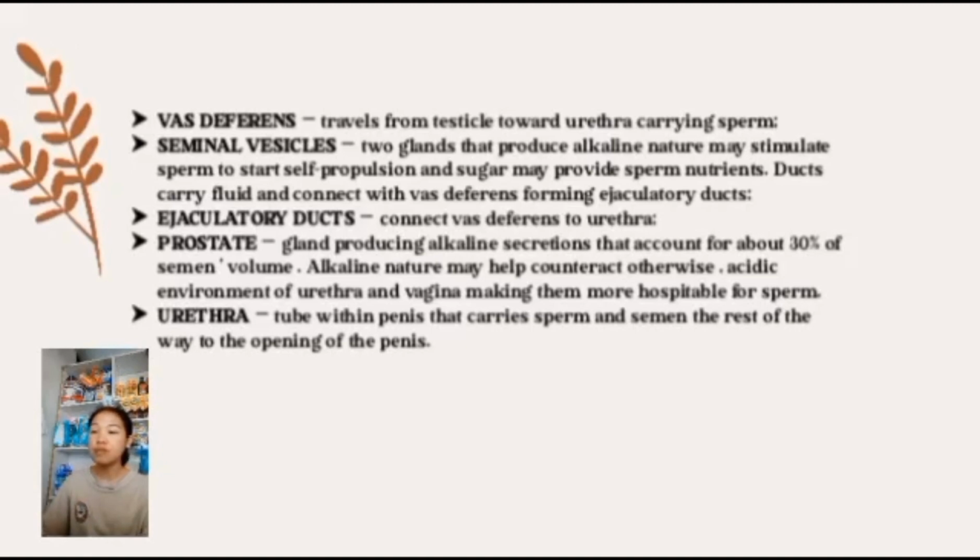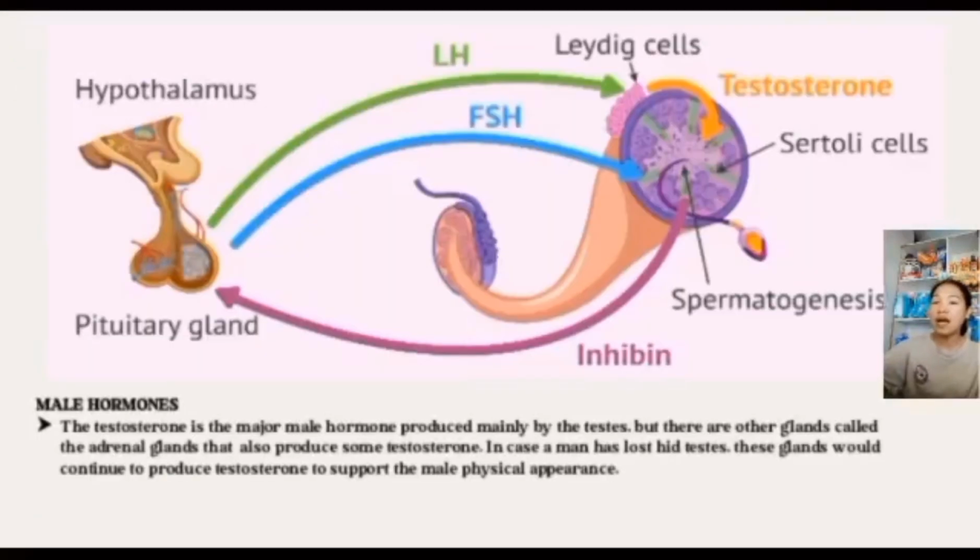Urethra, tube with penis that carries sperm and semen the rest of the way to the opening of the penis. So, kabalo naman taon sa unsay tawag yun kung dapat yun na sa part of the reproductive sa lalaki, di ba? Mo na siya ang part sa lalaki nga na sa mga